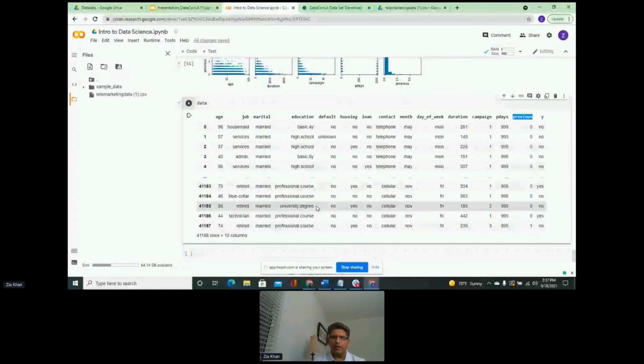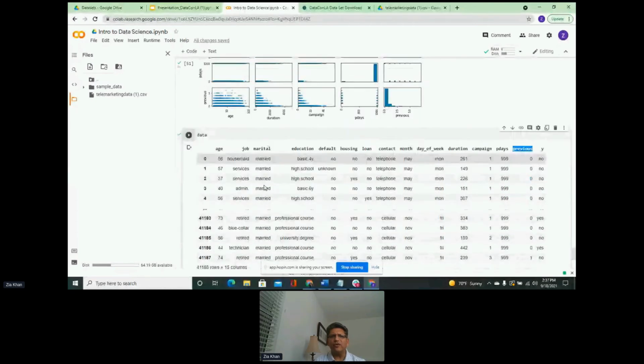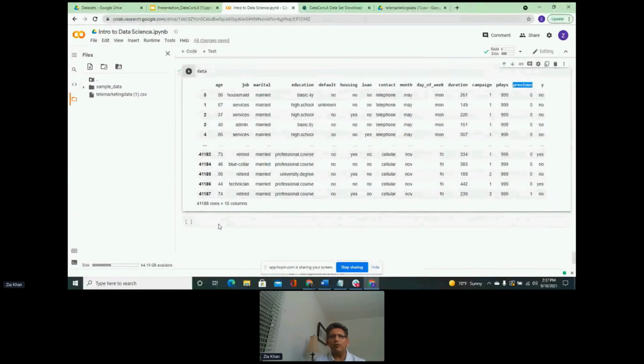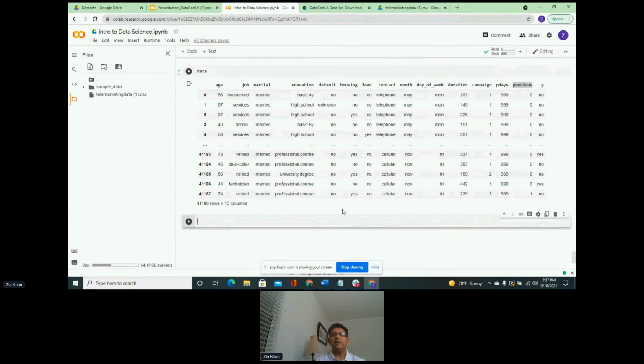Now, can we use all of that? We can definitely use all of that. Or we can pick and choose which features we believe are going to be helpful. So one of the ways to find out which features are going to be helpful is actually by taking a correlation or trying to understand what kind of relationship is there between the features.